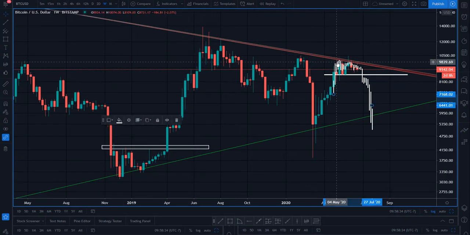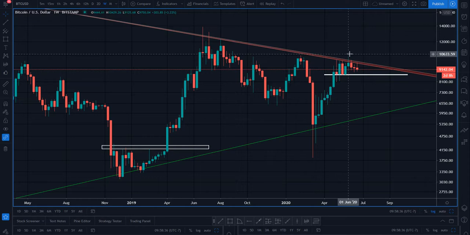So we created initially a series of higher highs. We made the peak high, and then we're now making lower highs. So we got a nice topping rounded bottom, and then we got a strong key level of support that I think if it does break,